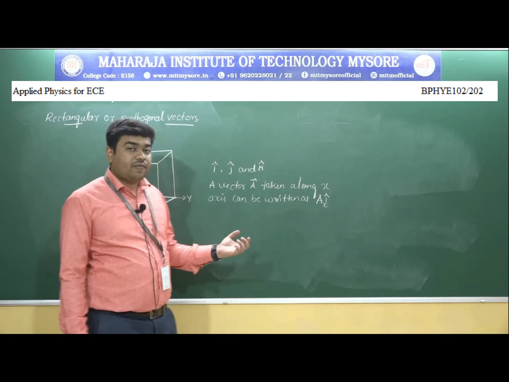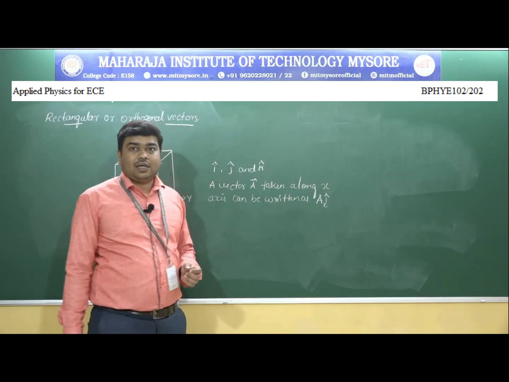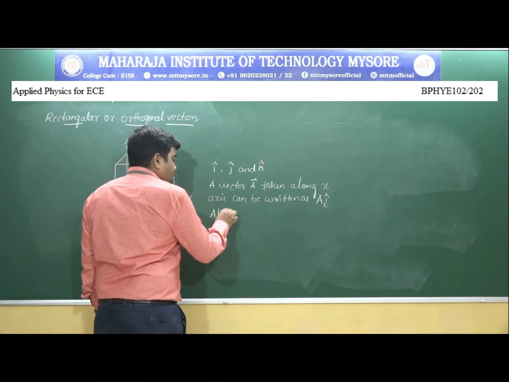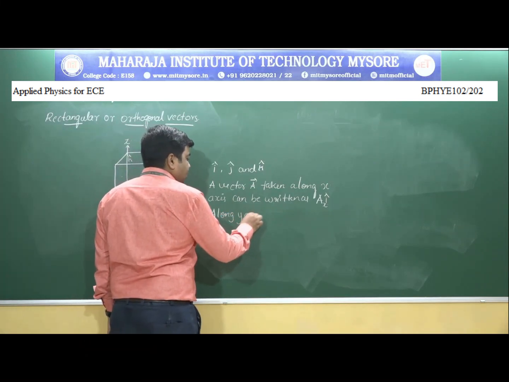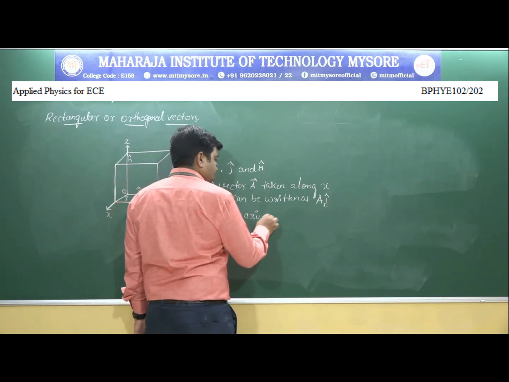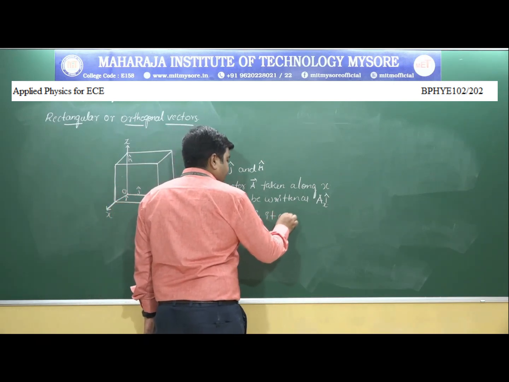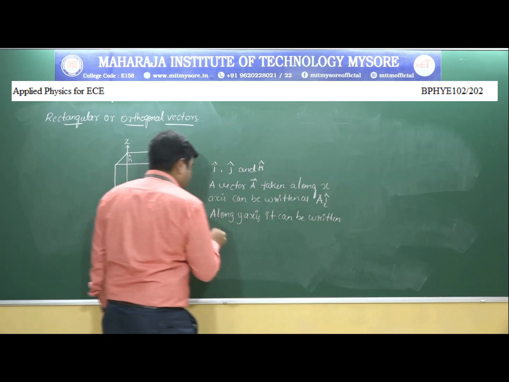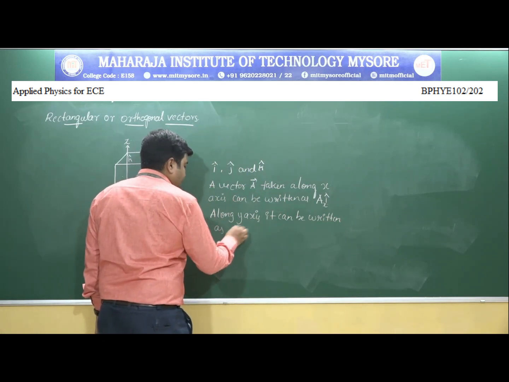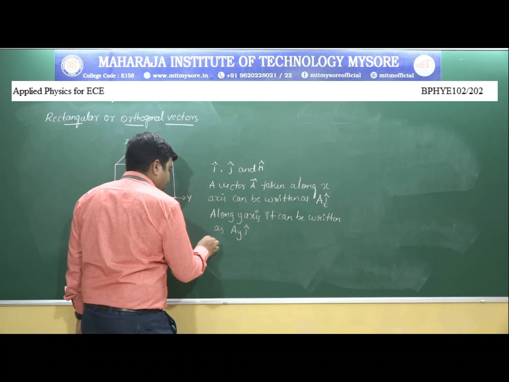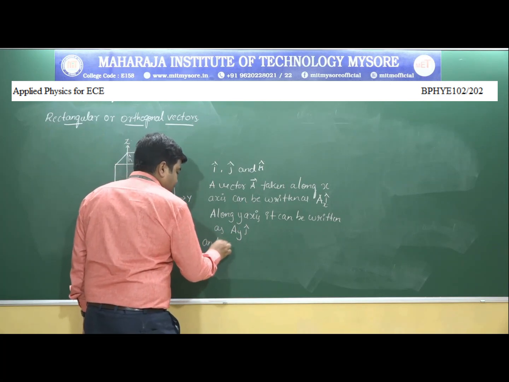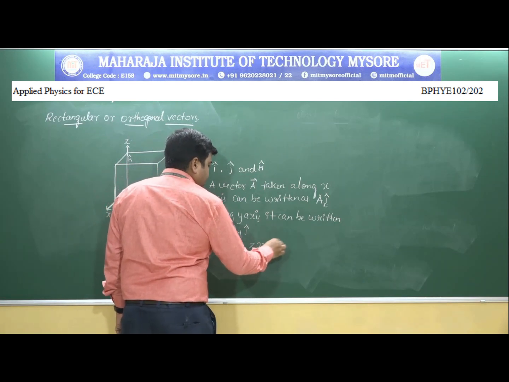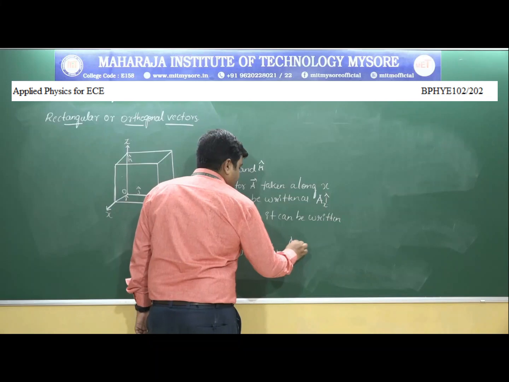the vector. If the vector A is resolved along y axis as well as z axis, then along y axis it can be written as Ay into j cap, and along z axis it becomes Az into